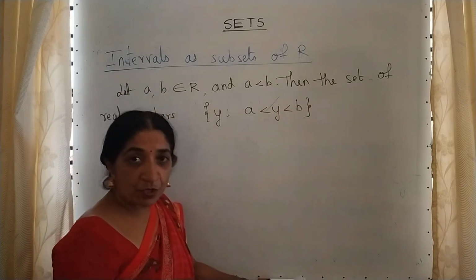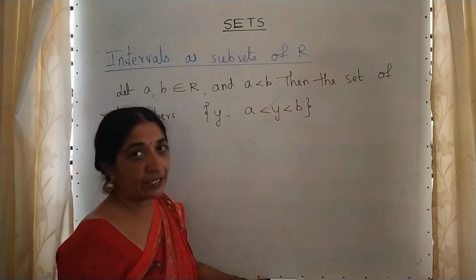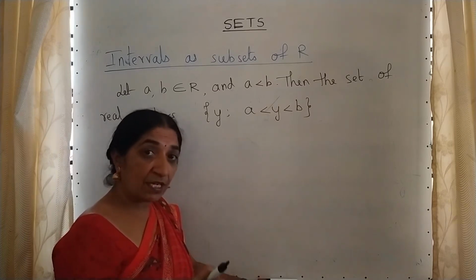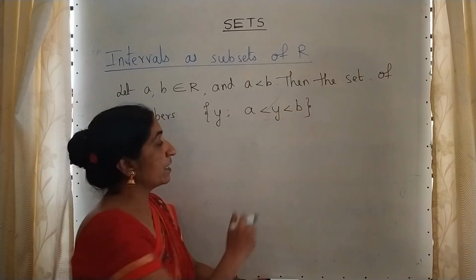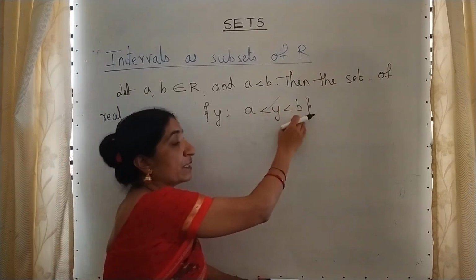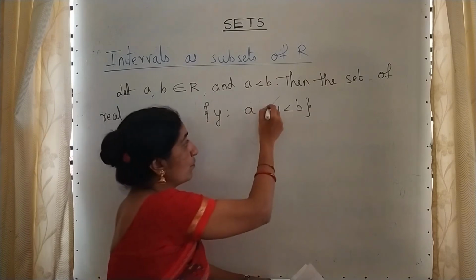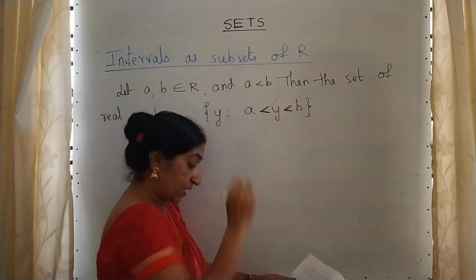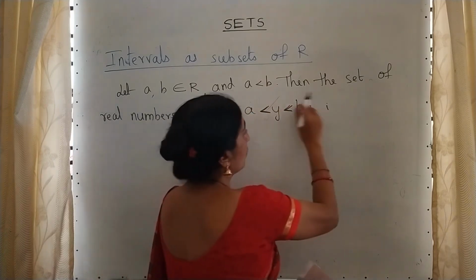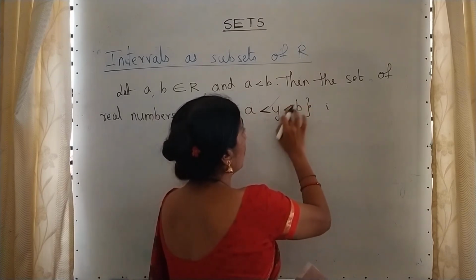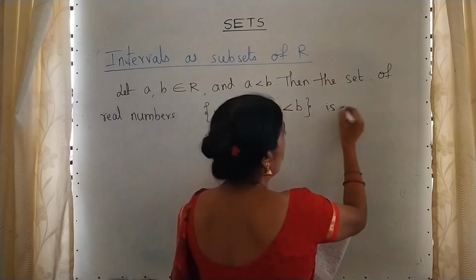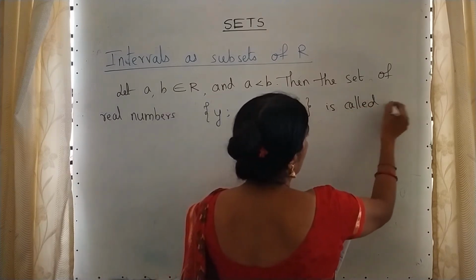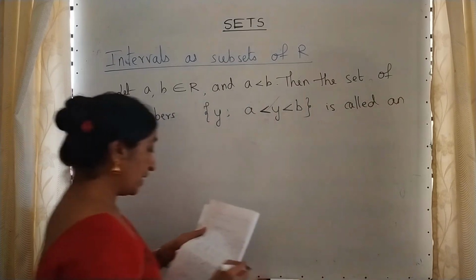See, Kannada medium students, please don't take the tension if I explain everything in English, because slowly you will come to know whatever I am explaining. In between, iveradra madhya, A and B. See the symbol. I am taking only one symbol, less than. Please note down, not writing two symbols, it is only one symbol, less than. This is called an open interval.